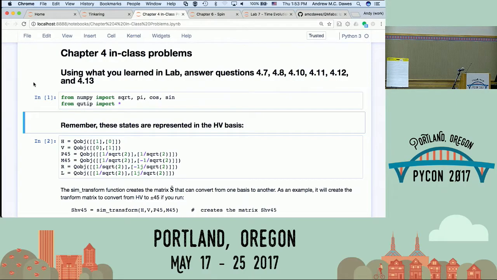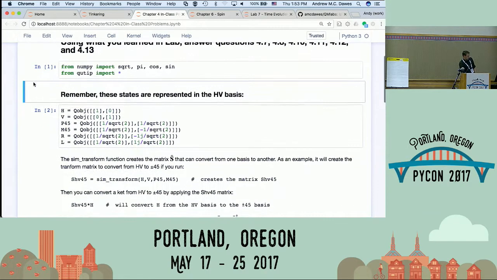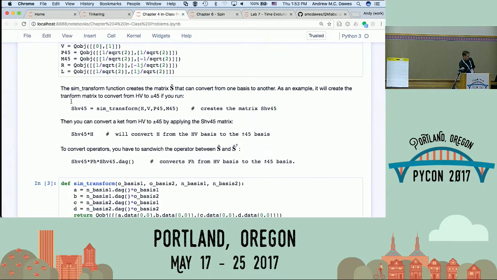That's represented by one basis state. They're polarized vertically. I just did this for horizontal. This would be horizontal. This is vertical. Plus 45, minus 45, right circularly polarized, left circularly polarized. Again, if you're not familiar with optics, those are just the 6 possible ways a photon could be polarized, and we write them in as these vectors. And so they start out with those standard definitions, and then work through ways to manipulate those in the framework of Qtip. And so they've learned about a particular matrix transformation that they can apply.